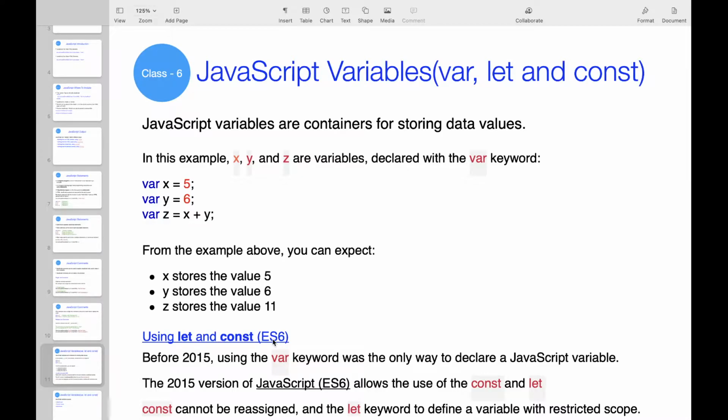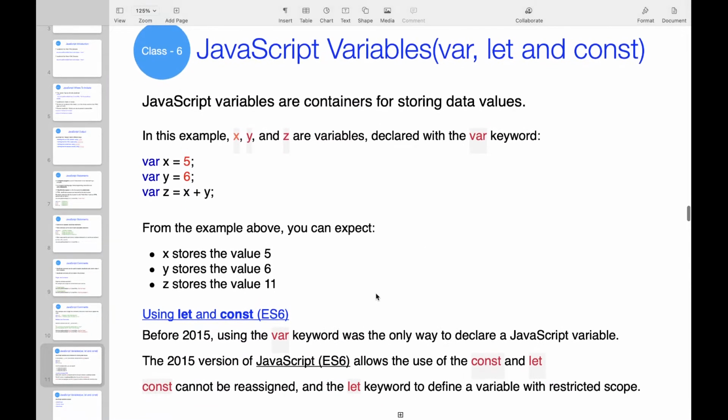In that new version some new features were introduced, and let and const are two of those features. I will tell you the difference between var, let and const in the next slides.